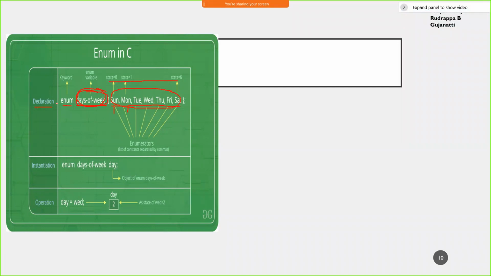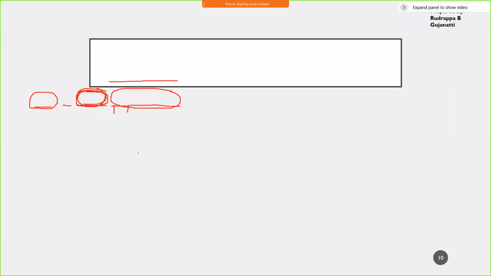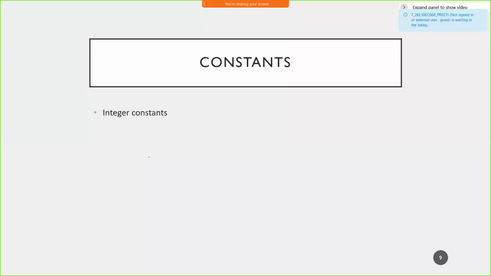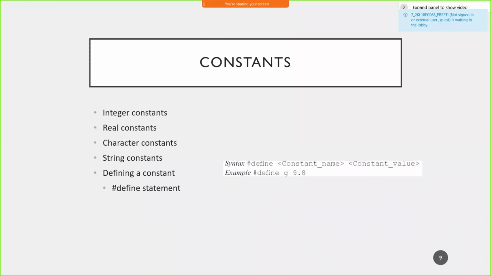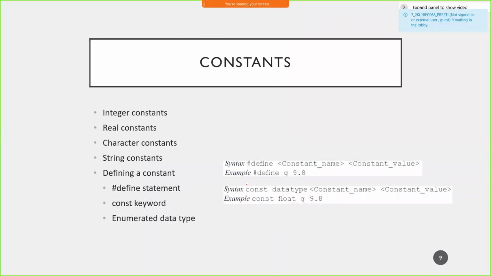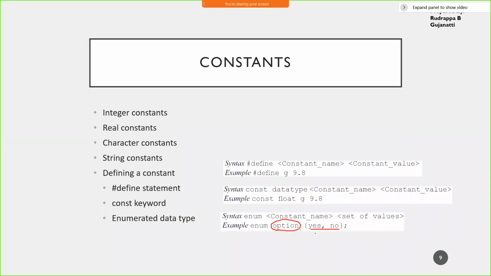Now this is the declaration. How do I create an instance of this days of week? In this case, you have option, it is yes or no. So you have to create an instance of this. But remember, this option can have only these two possible values.